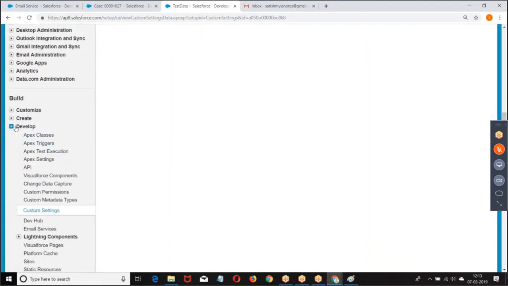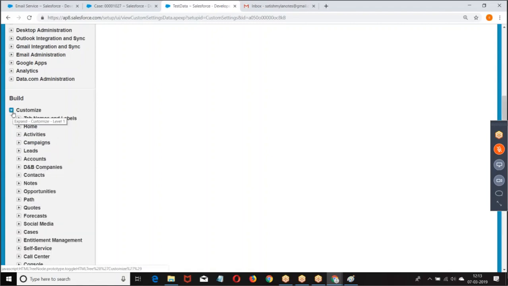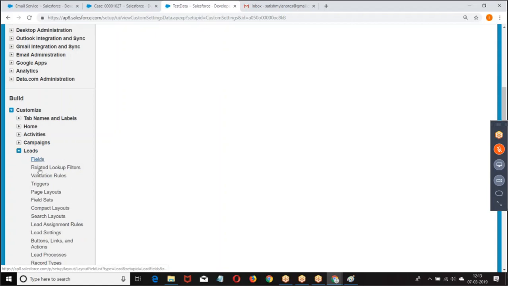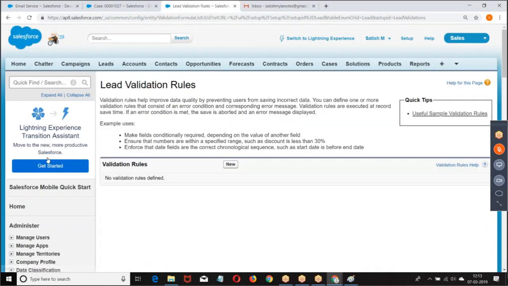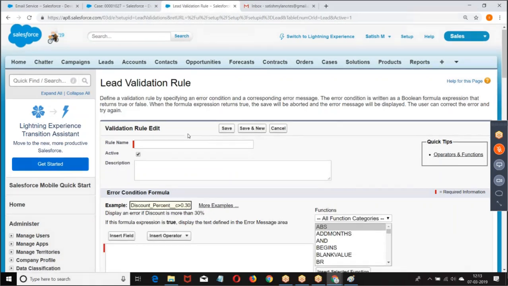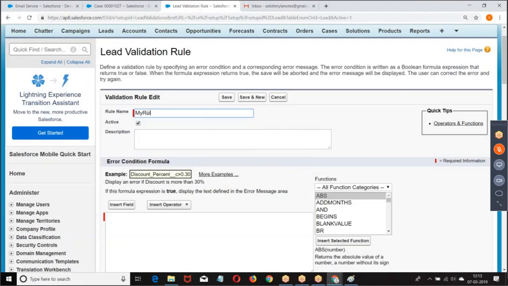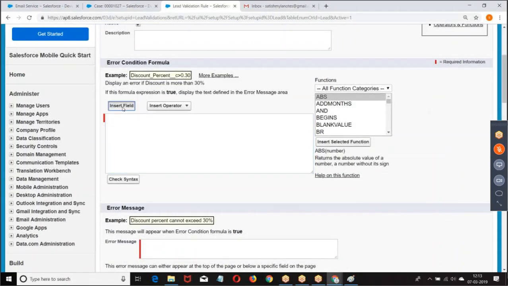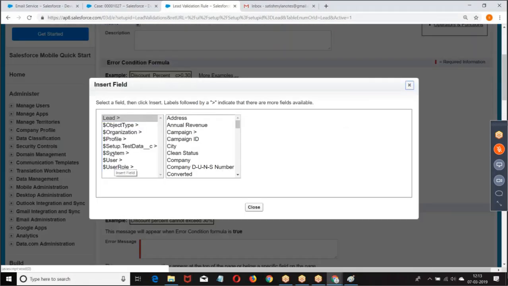Then go back to the object. Validation rule, new validation rule. What is the object I created?